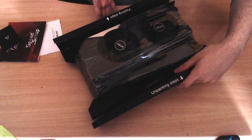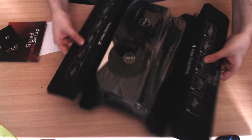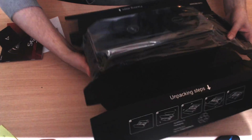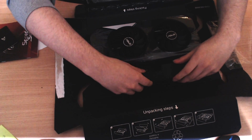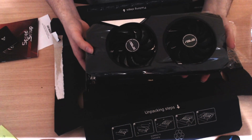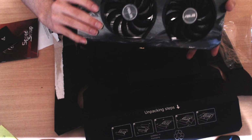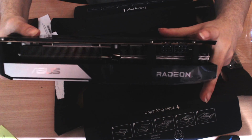So it has some packing steps. You fold these out. Oh, see it. Open up the sides here. Probably not the best way of doing it, but that's fine. And here it is, the RX 6700 XT, Asus Dual Edition. Has a backplate on it right there. And if you want to know, it has an 8-pin and a 6-pin,